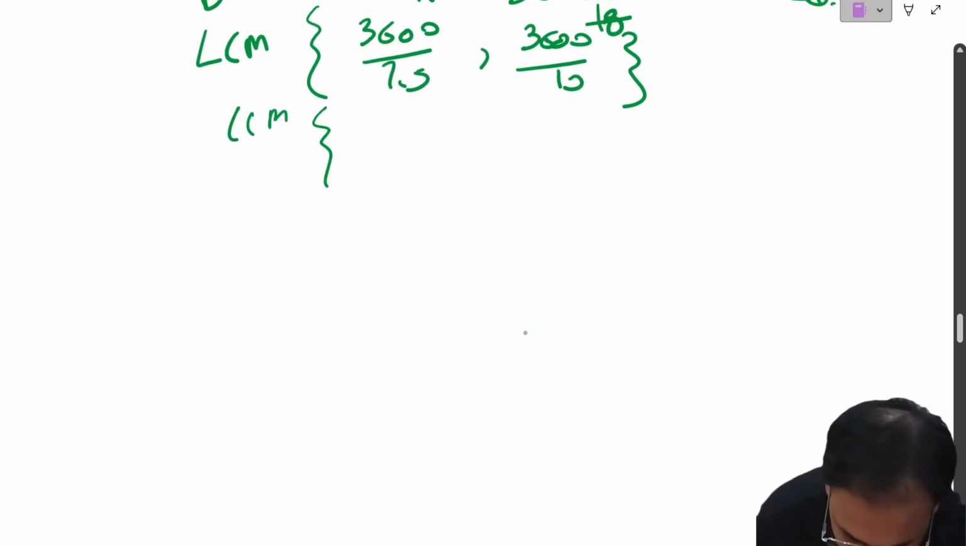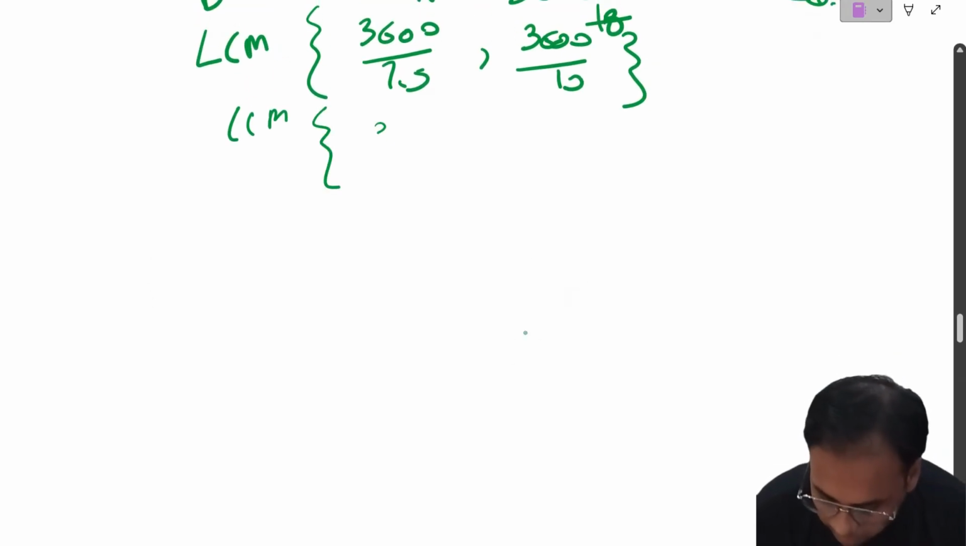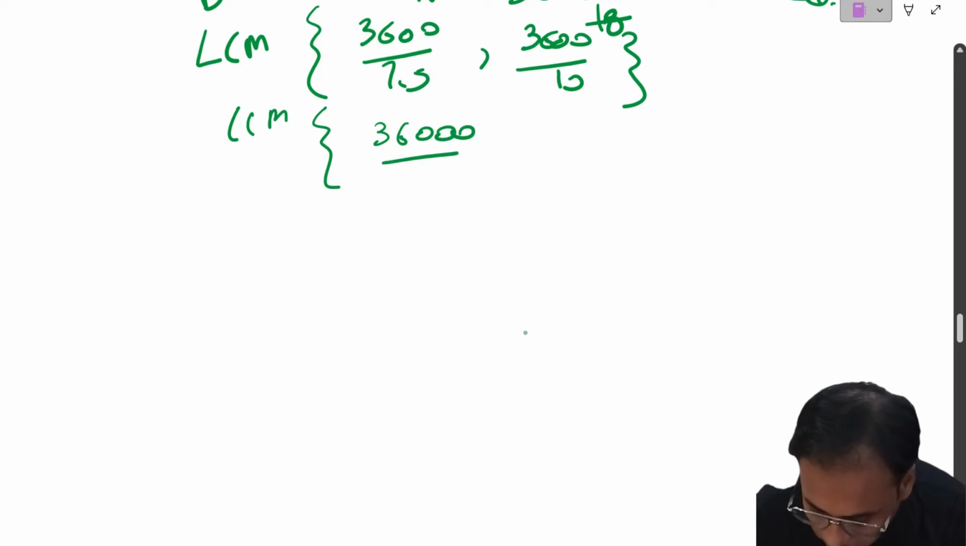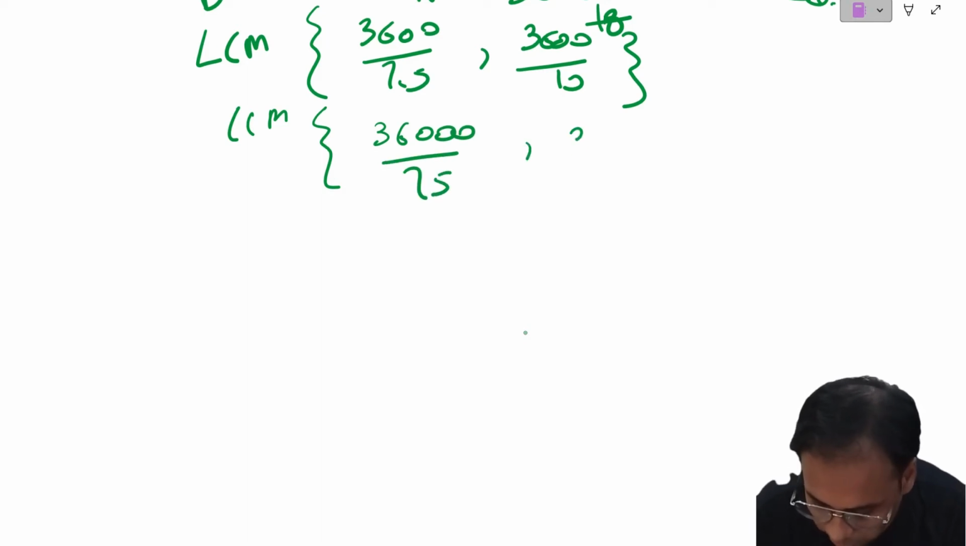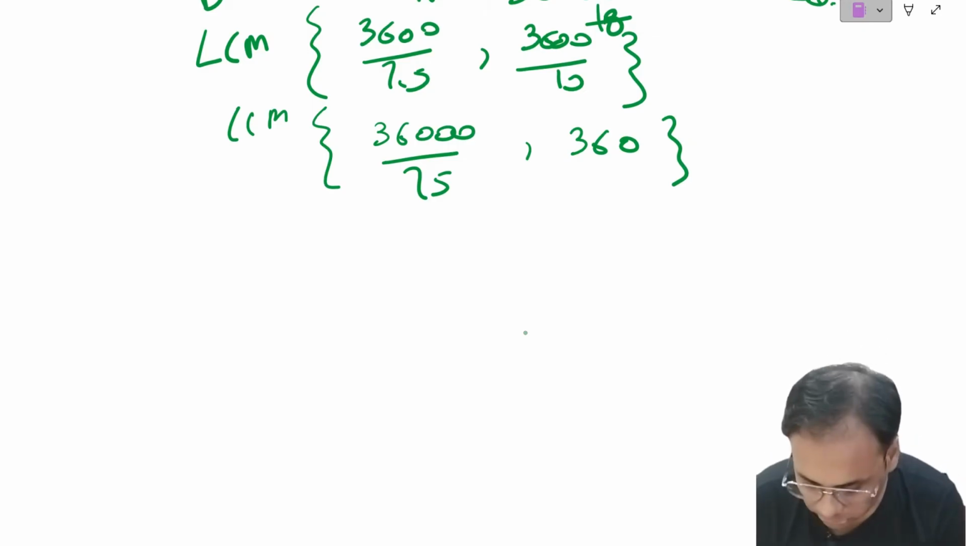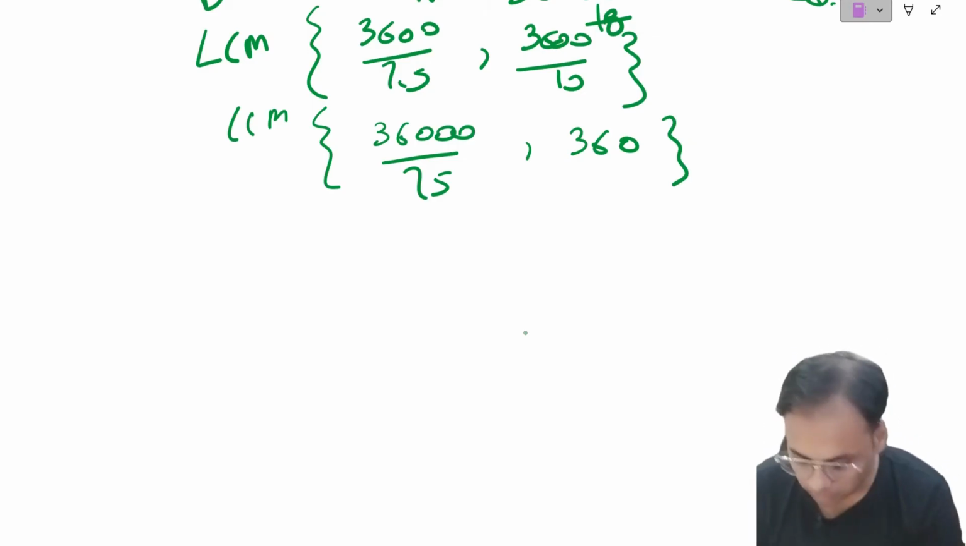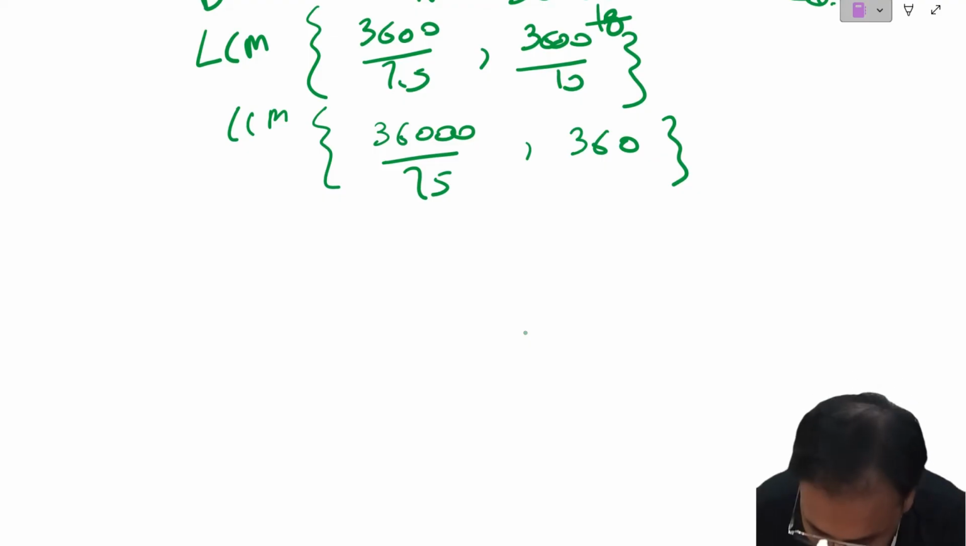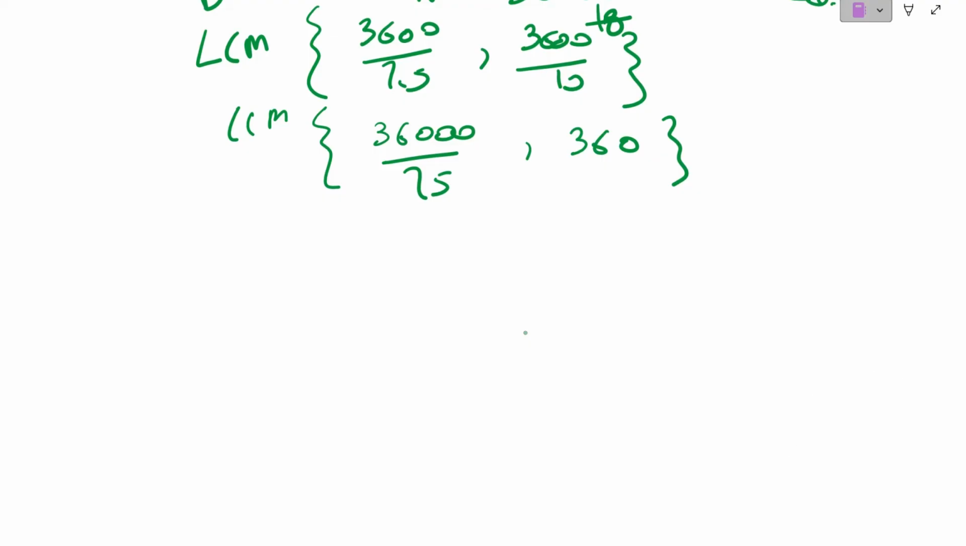We have the LCM of 3600 divided by 75. How can we write this? Let us just try to divide this 36,000 thing by 75. First of all, maybe it will definitely be cancelled out by 5. So 15 into 5 is 75, and for this we have